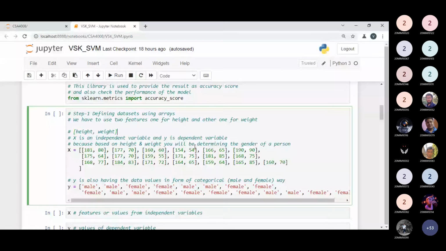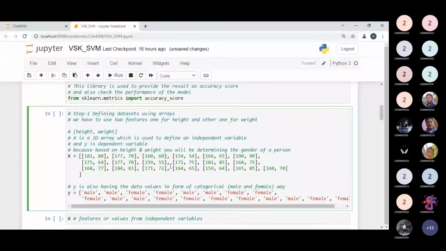X is a two-dimensional array, which is used to define the independent variable, and Y is a 1D array to define the dependent variable.